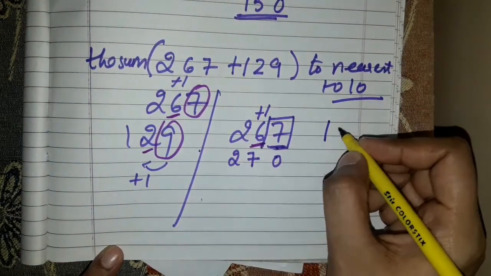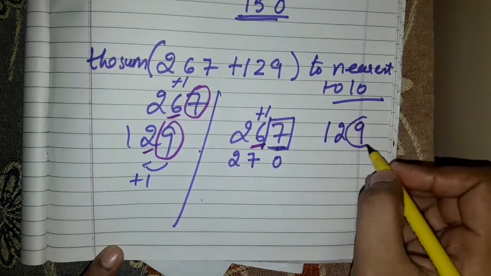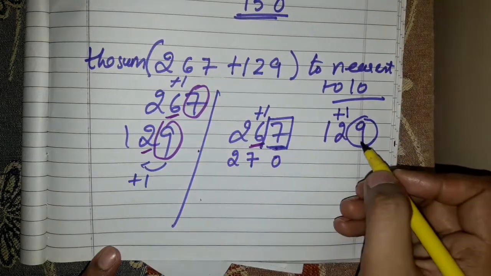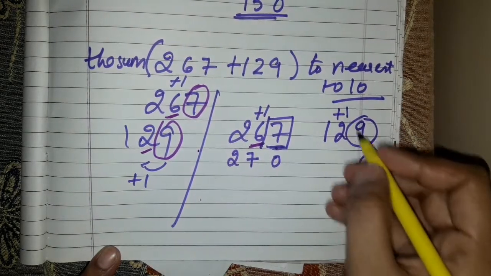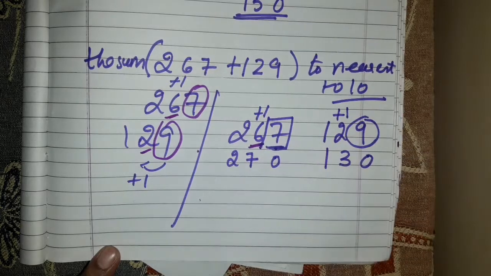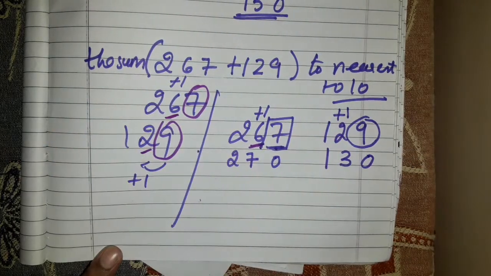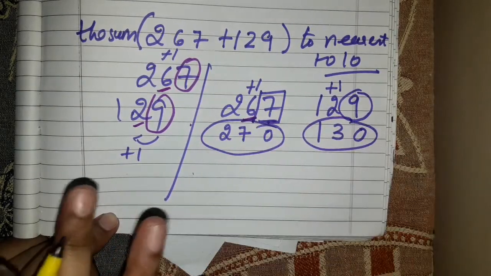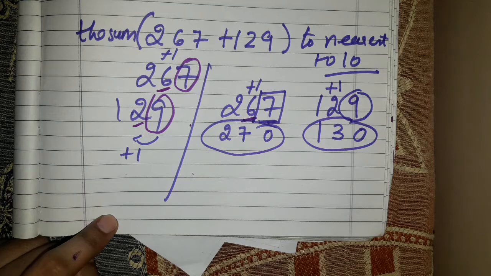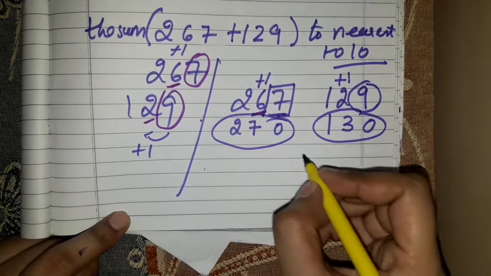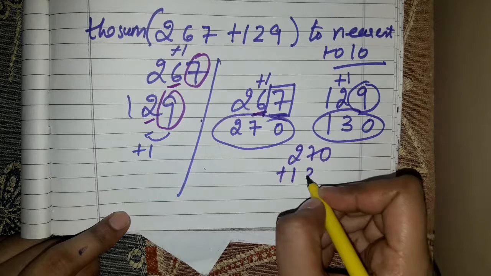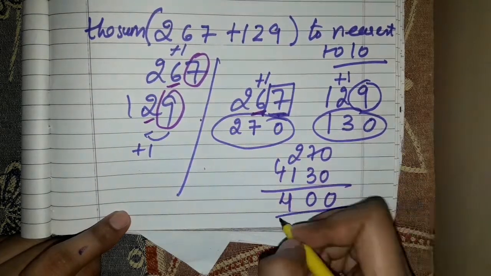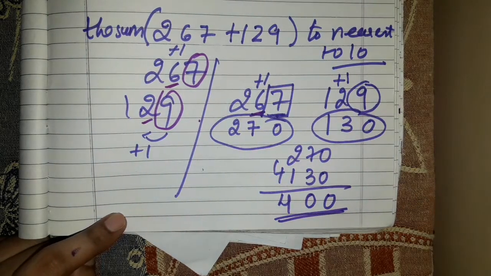Now let's see what will happen with 129. This digit again is greater than 5. It will give plus 1 to this, and itself will become 0. So 2 plus 1 will become 3, and 1 will remain 1. And we have to take out the sum. Now these are the new numbers. These are estimates. I will not say these are the original numbers or the answer. So 270 plus 130 will give you 0, 7 plus 3 is 10, and 2. This is your answer. Is it clear?